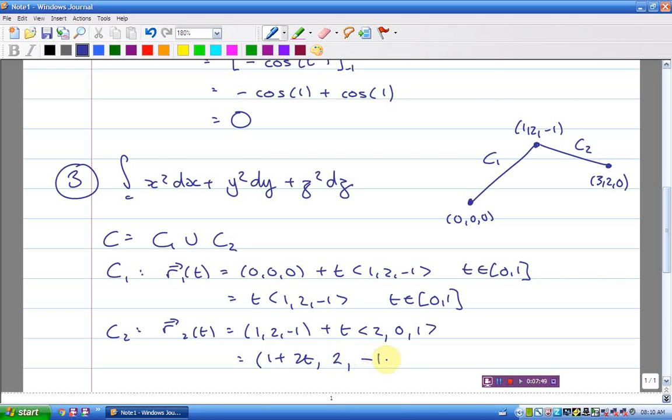How do you know, when you do R1, that t is 1 at the point (1, 2, -1), and that t is 0 at point (0, 0, 0)? How do you know that? Whenever you define, you can always parameterize any curve in multiple different ways, and that goes for lines and line segments. But a convenient way of parameterizing a line segment,